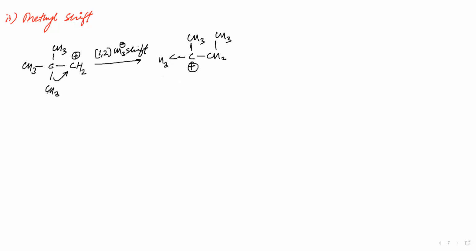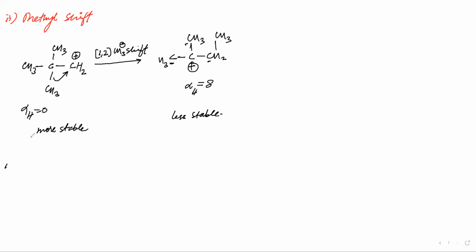Like this, correct? So the number of alpha hydrogens here is equal to 0, because this carbon is directly attached to this carbon which has no alpha hydrogens. But rather, see the number of alpha hydrogens here. This is equal to how much? This carbon 6 and 2 here, these 3 carbons are alpha carbons, and this has 3, 3, 6, 7, 8 alpha hydrogens. You see which is more stable? This is more stable. This one is less stable.